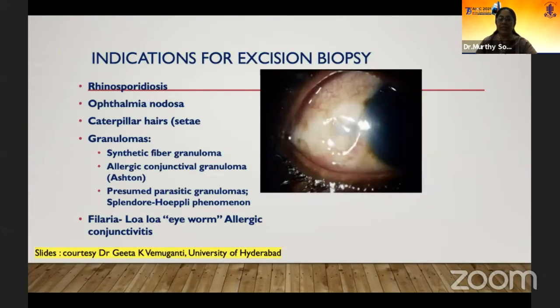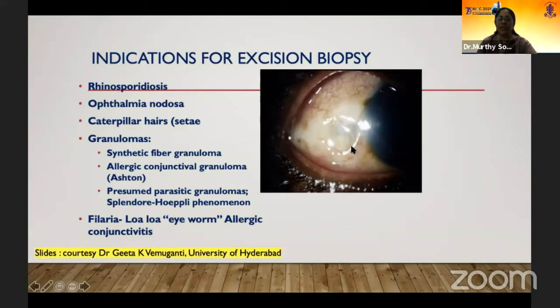The other indications, of course, are when you see subtle conjunctival lesions, and this could be in inflammatory conditions. For example, in some cases where the only lesion you have for sarcoidosis is conjunctival granulomas, you can excise that. Or it could be a lot of potpourri of lesions. This picture is not very uncommon, but what you would see sometimes is an eye worm. I don't have the video, but you can actually see that it moves subconjunctivally. And this kind of lesion you need to take out.